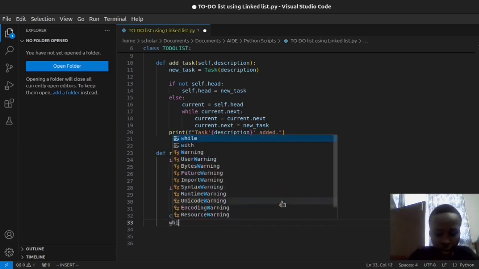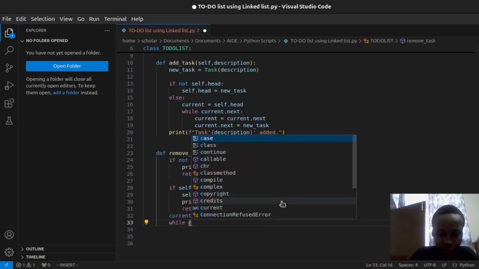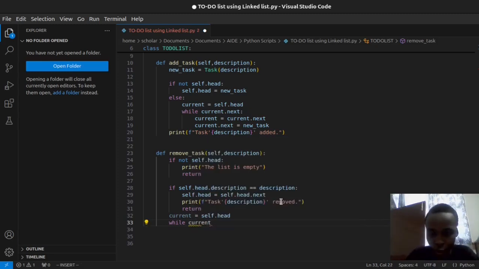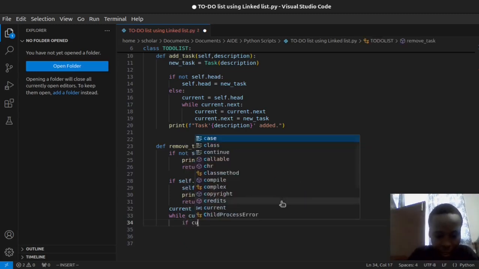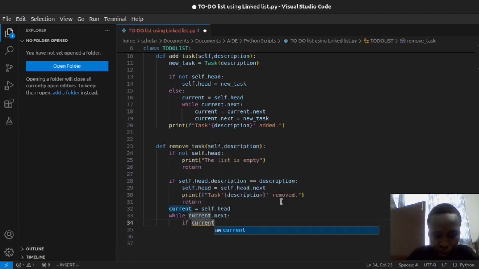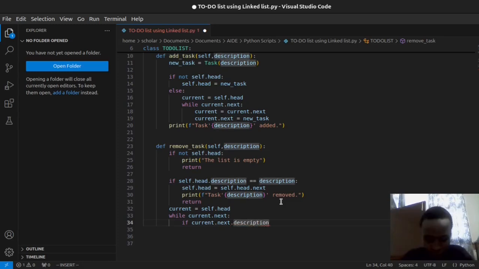Now we say while current.next, if current.next.description is equal to description,